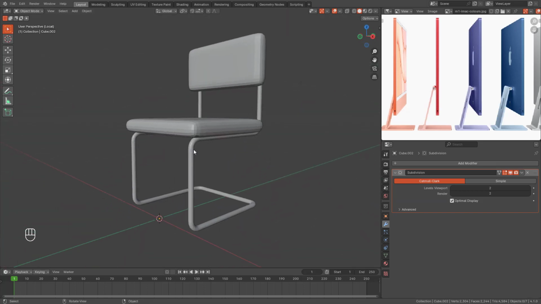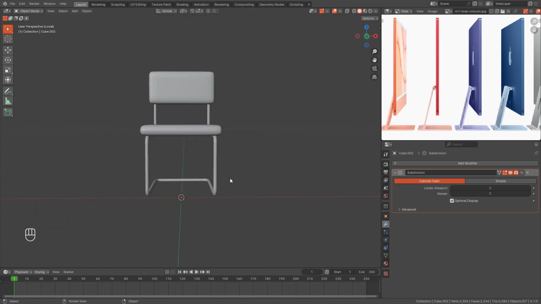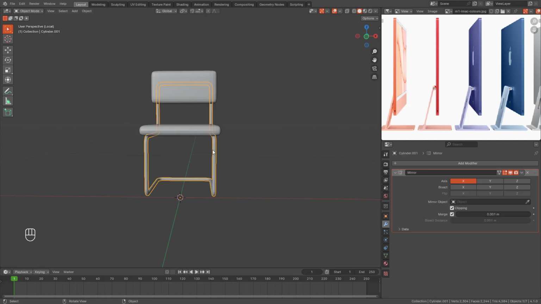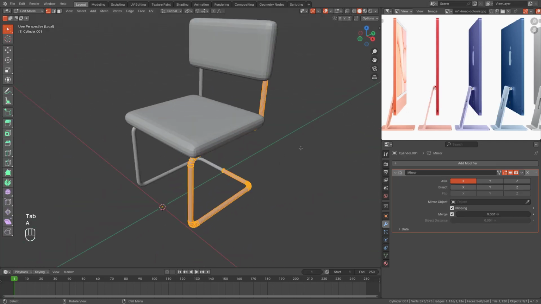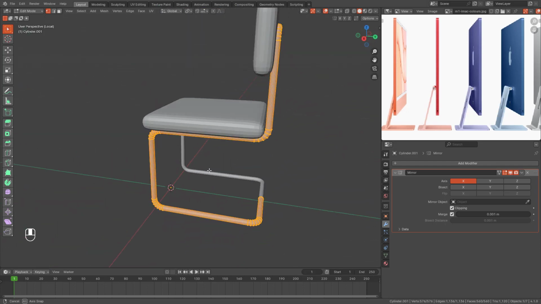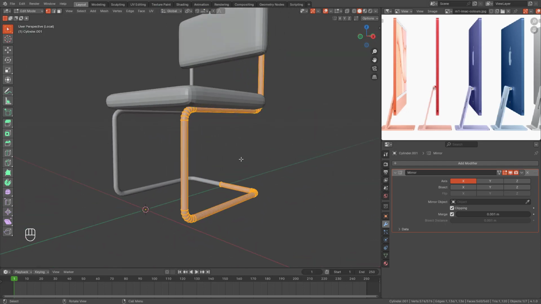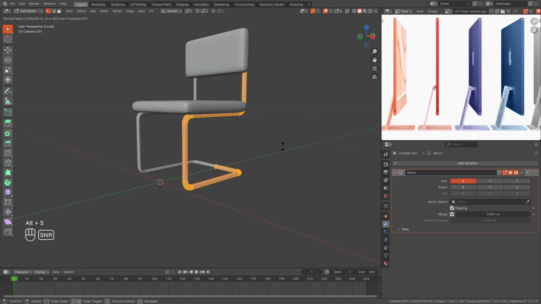And I'd like to show you something very interesting, or rather useful. Select this. You don't have to press 1. Just go to edit mode. Select everything by pressing A. And whenever you have these tube-shaped things, as you can see, these are cylindrical shapes, you can press Alt S to make them